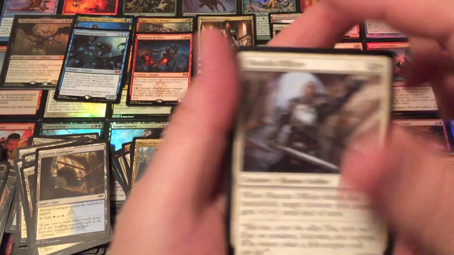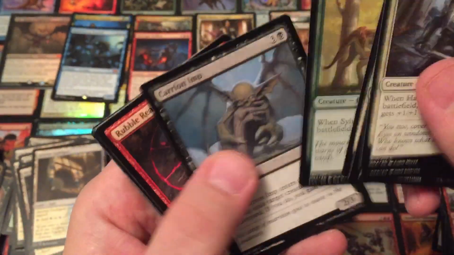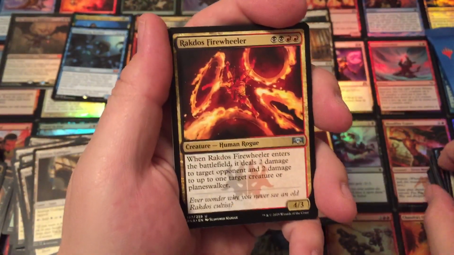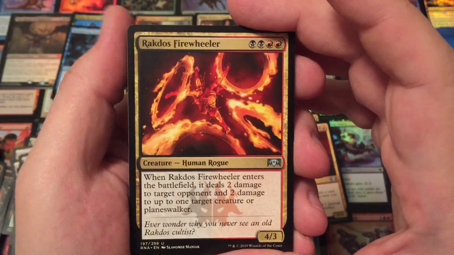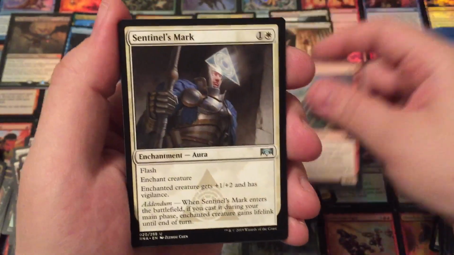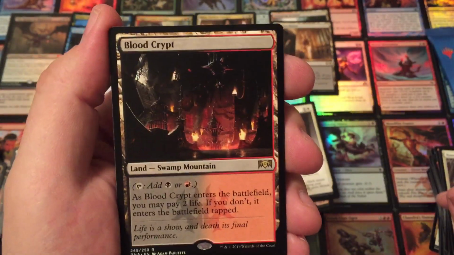Not many shock lands in this box. Not many shock lands at all. In fact, I haven't pulled many shock lands overall for most of my boxes in either Guilds of Ravnica or Allegiance now. Rakdos Firewheeler, another Dagger Caster, a Sentinel's Mark,